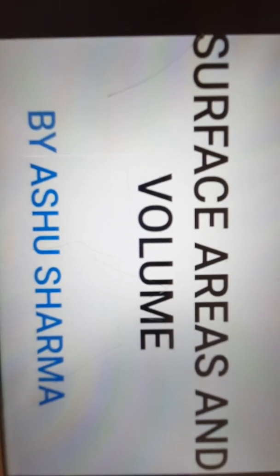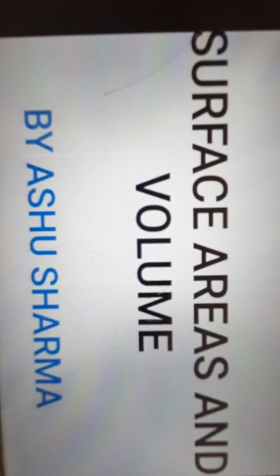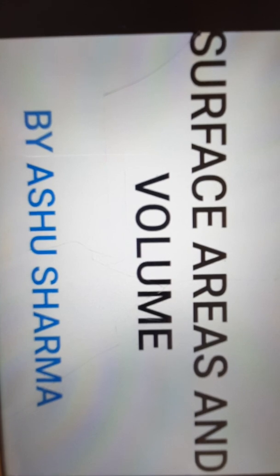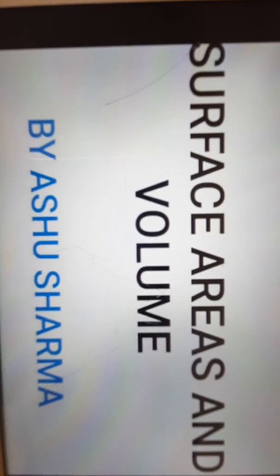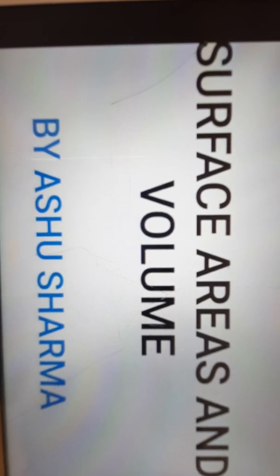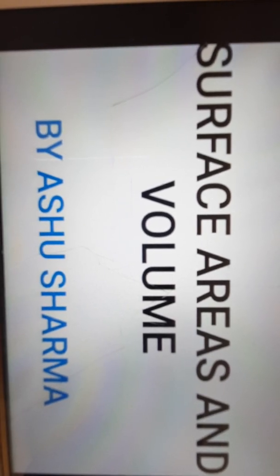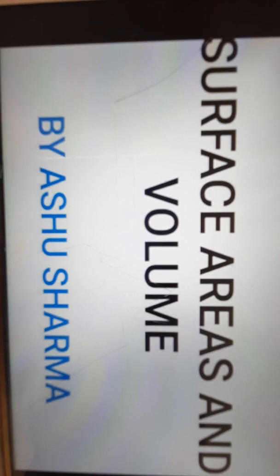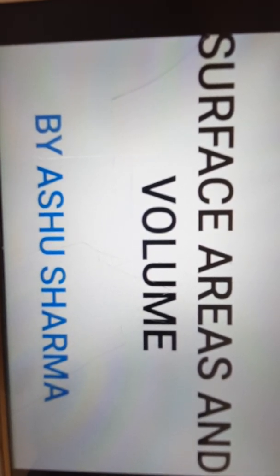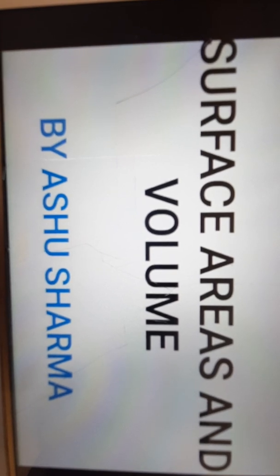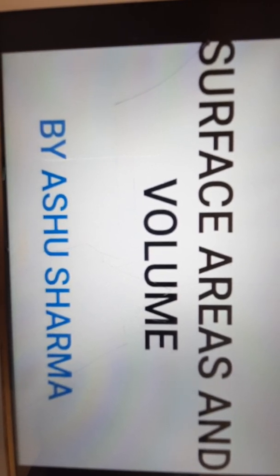As we all know, we are doing Unit 13 of your NCERT book, Surface Areas and Volumes. Right now, we are running the 13.6 exercise, in which we are studying the volume of a cylindrical object, how to find out the capacity of any cylindrical object. So today we are going to do question number 3 onwards. So let's start.